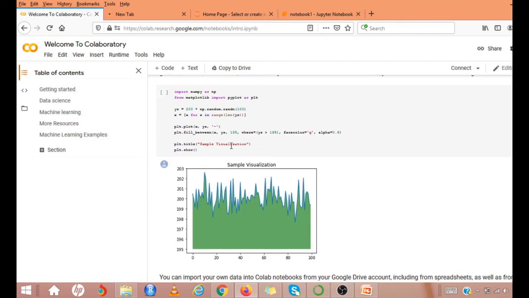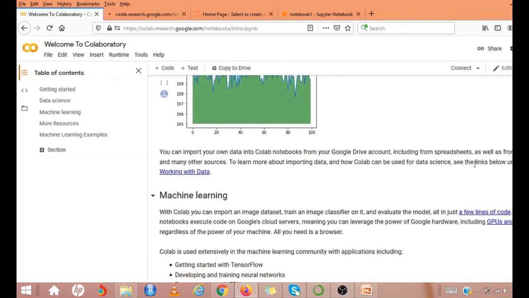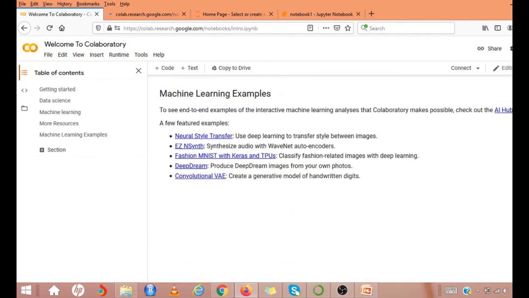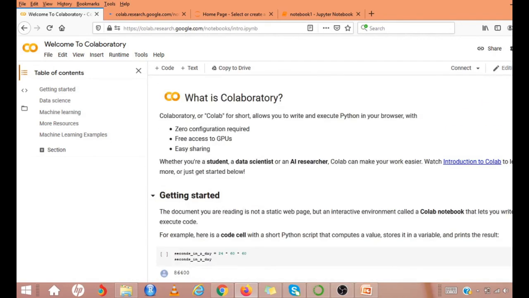Here you can see that this is a code and this is the output for that. This is the documentation. All these things can be entered using a Jupyter Notebook. It takes some time to load a new notebook, so we can generally use the Anaconda Jupyter Notebook.